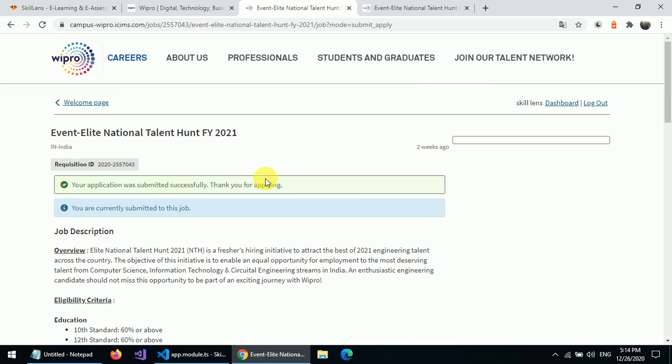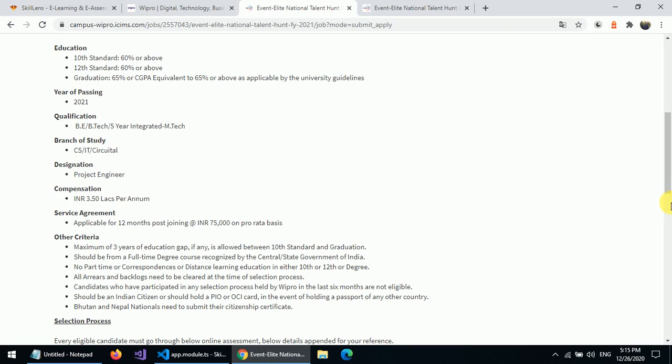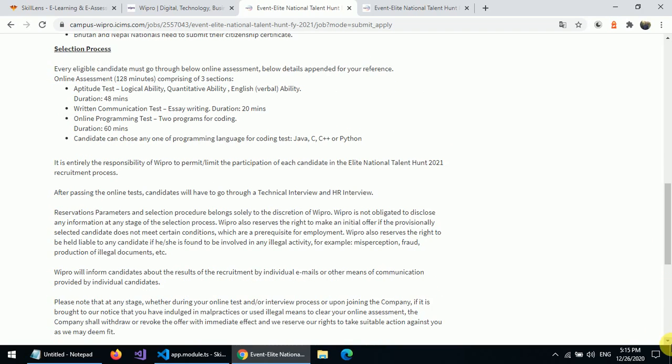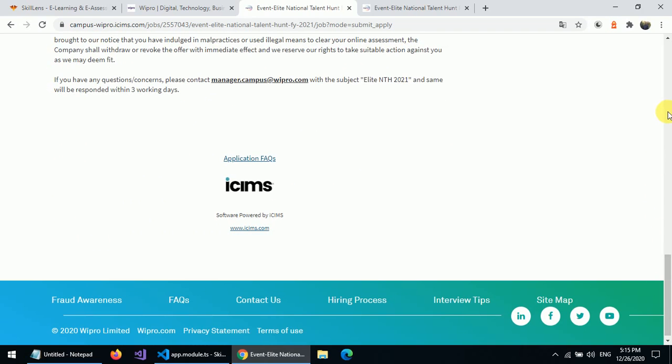Thanks for applying. Please keep note of this particular ID, 2020 2557043. Please note down this particular registration number, requisition number. So that's all. This is how you need to apply for